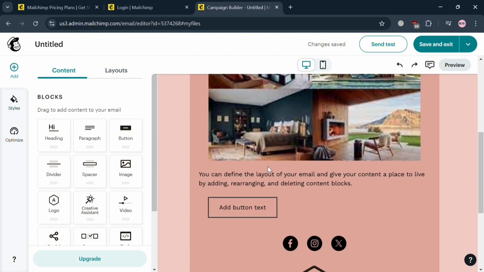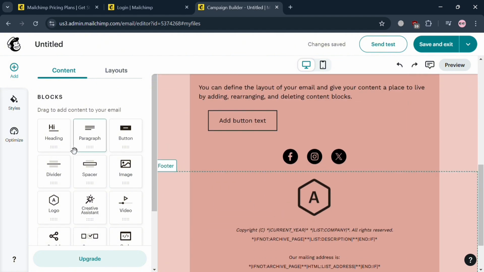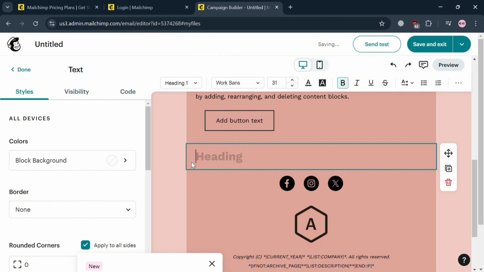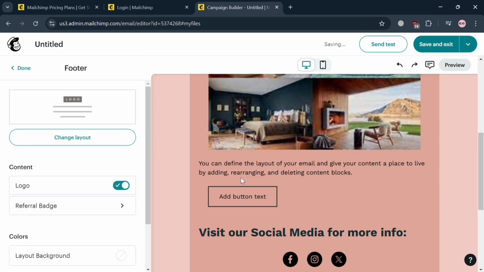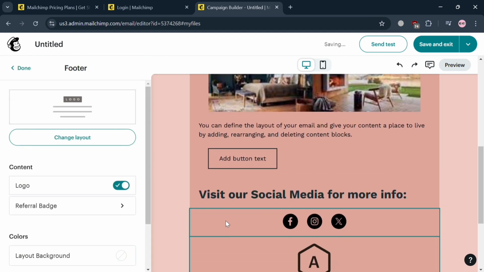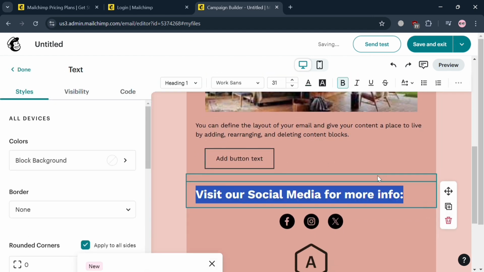But at this point, I'm just going to enter the paragraph or heading in here by dragging it in this page or on the top of this social media icon. And now for this heading, let's say I'm going to enter here "Visit our social media for more info." And after that, to make it an anchor link, all you need to do is simply highlight or select all of this text,